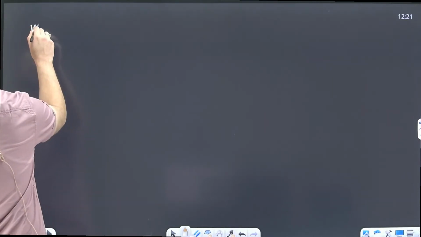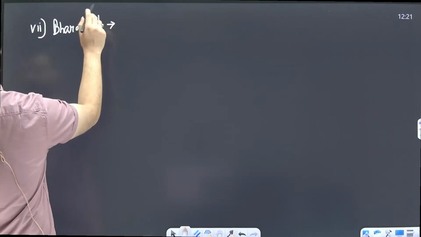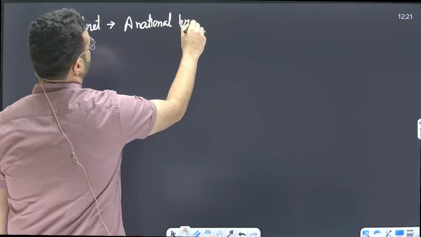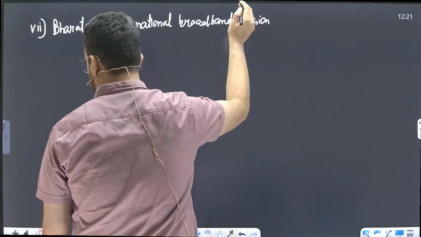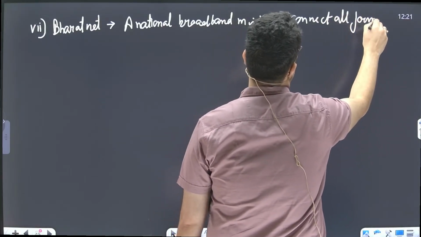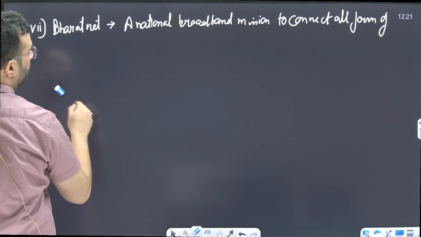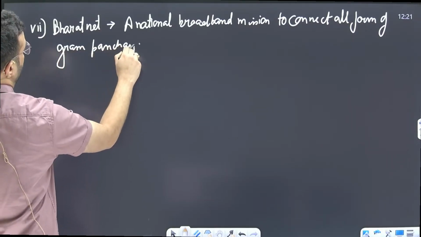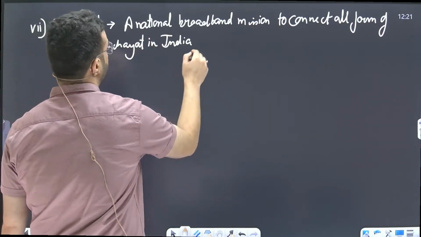Then apart from that, seventh, BharatNet. What is that? A national broadband mission to connect all gram panchayat in India with high speed optical fiber,